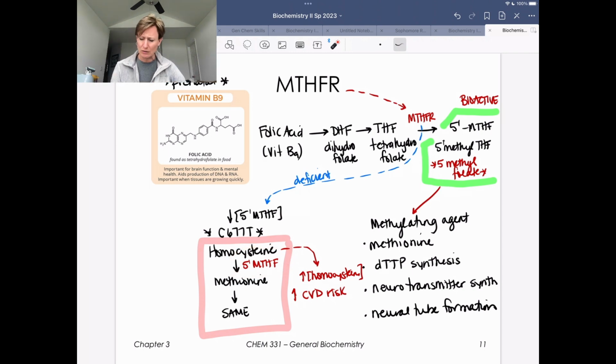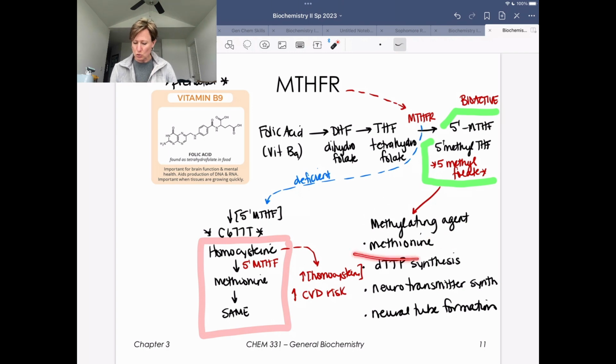So let me step back just for a second. Remember that MTHFR is an important enzyme that's necessary for the conversion of folic acid, which is often how vitamin B9 is added to either multivitamins or to food products. Folic acid ultimately needs to be made into 5-methylfolate, which is the bioactive form. MTHFR is an important enzyme that is necessary for that conversion process. So people who are MTHFR deficient because of a SNP are going to pinch the pathway essentially at this point, okay? So that means you're going to have lower levels of 5-methylfolate, and that's important because 5-methylfolate is an important